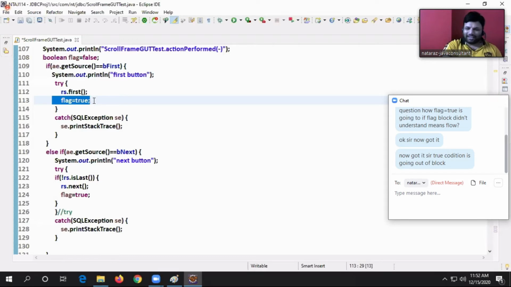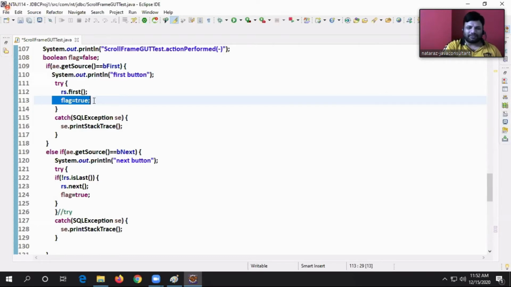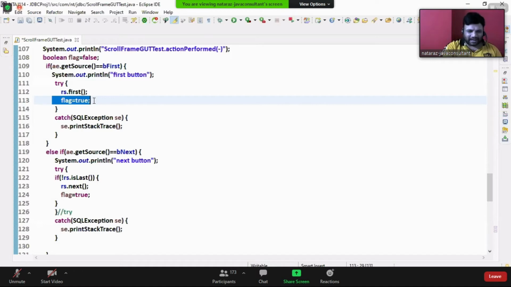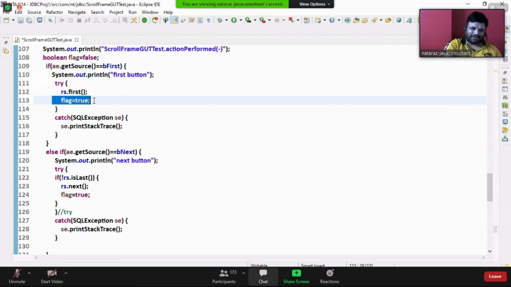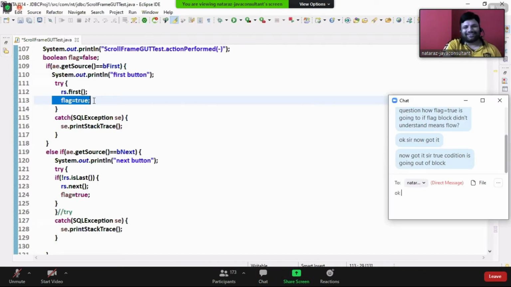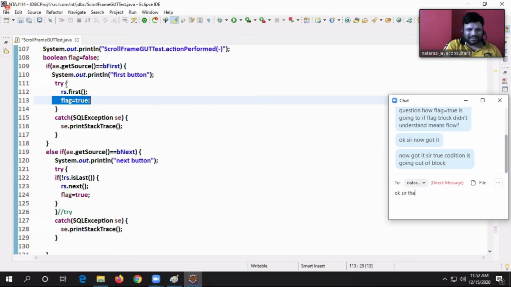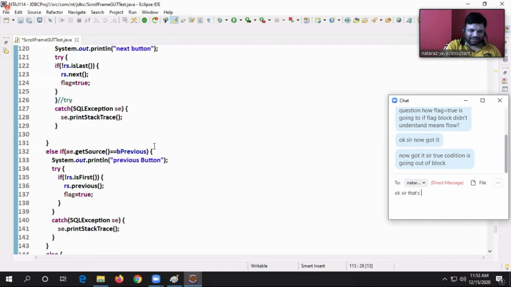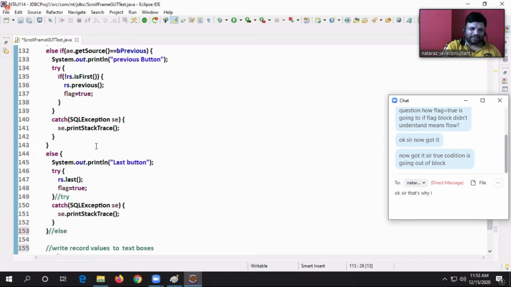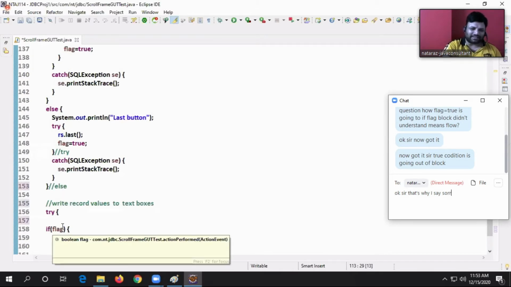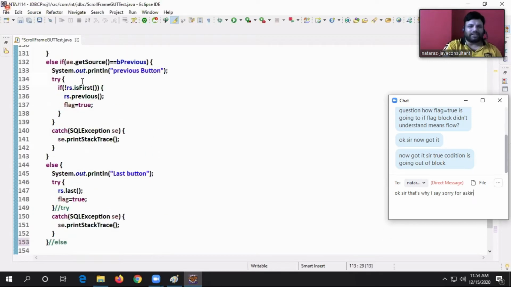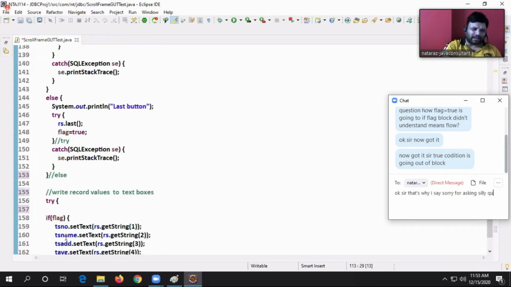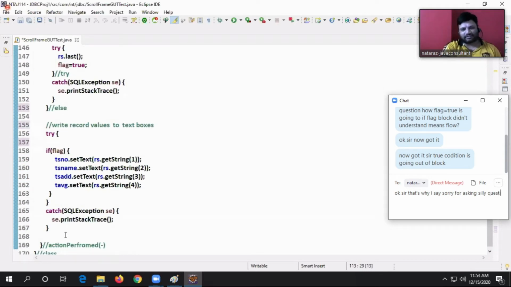Naturally, if there are 4 or 5 blocks in an if else if ladder, if one condition is true, the remaining blocks will not execute. Come on, guys, show some maturity. Suppose the first condition is true, it never thinks about executing the remaining conditions. It will come out of the ladder and think about executing the next statements outside the ladder, right? Suppose the third one is true. It won't think about checking the fourth one. It will come out of the ladder and think about executing the next one, right?